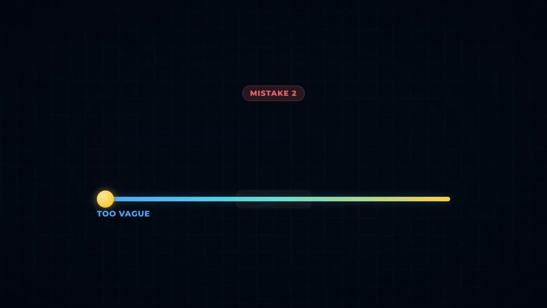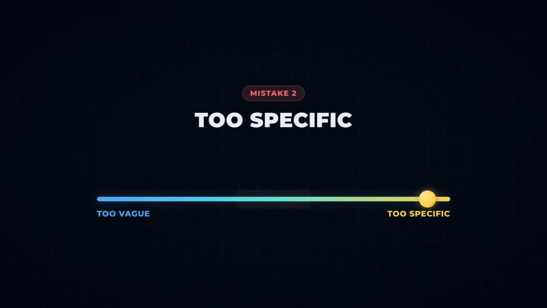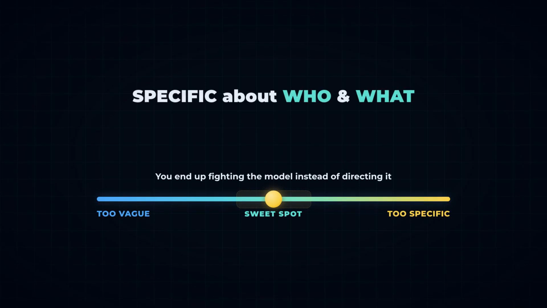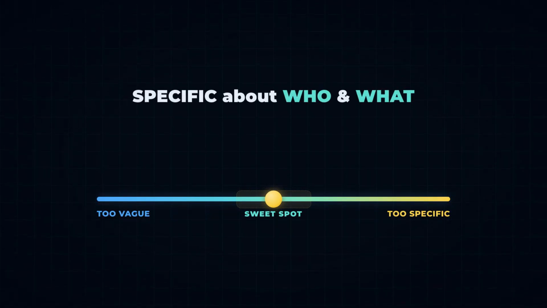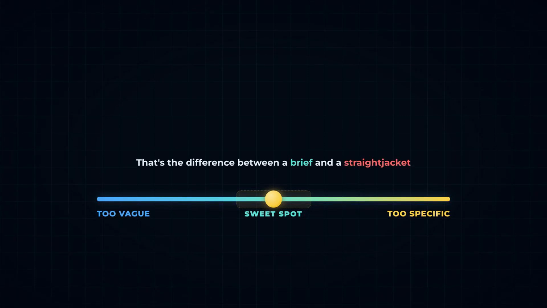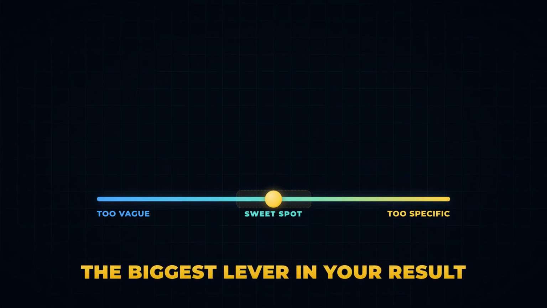Mistake 2, and this one's counterintuitive, being too specific. You try to specify every pixel, exact hex codes, exact font sizes, exact spacing. You're doing the model's job worse than it would do it itself, and you end up fighting it instead of directing it. The sweet spot is specific about WHO and what, loose about how. Tell it the niche, the pages, the tone, and one reference point, then let it make the actual design decisions. That's the difference between a brief and a straitjacket, and it's the single biggest lever in how good your one